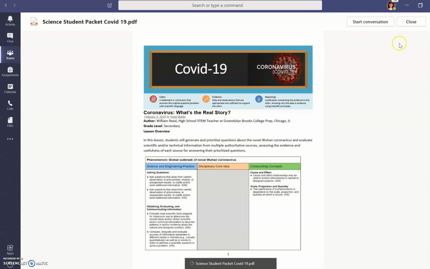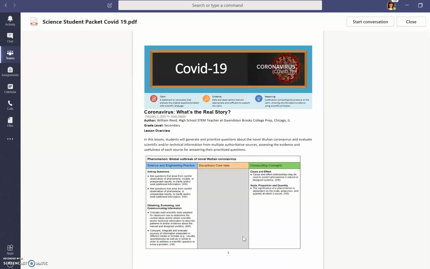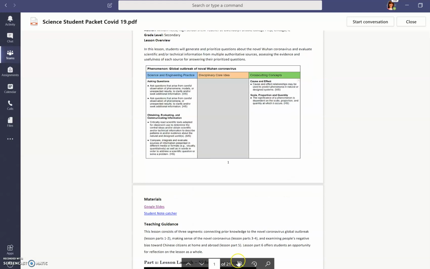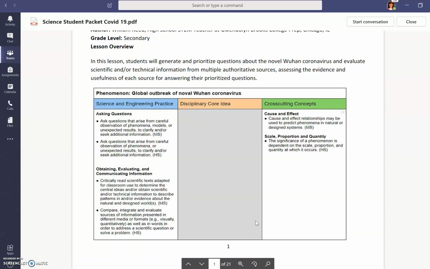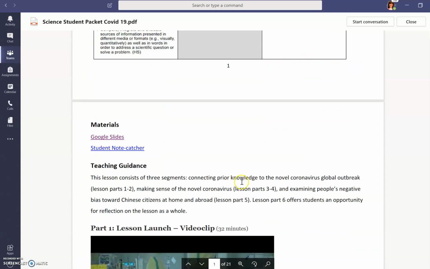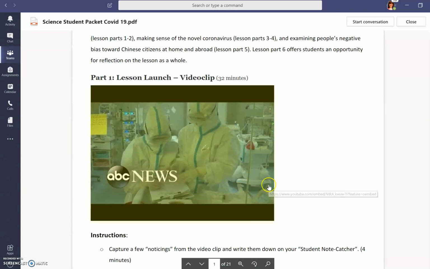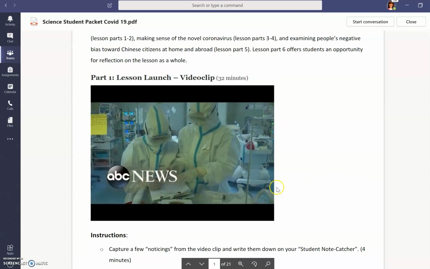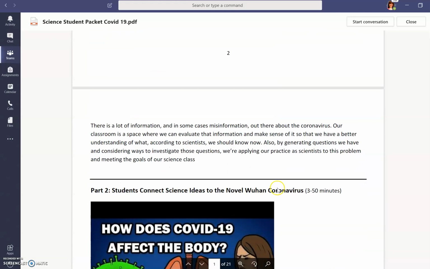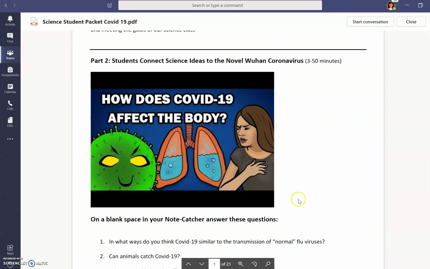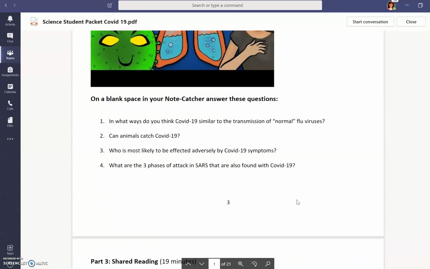You're not going to type on this. There's nothing to write on this. This just tells you where to go to watch videos. It has an article in it for you. Down here you can zoom it or reduce it to whatever size you want. So it's got a little introduction video about coronavirus. It says how does it affect your body, and gives you information and questions to answer on your note catcher,